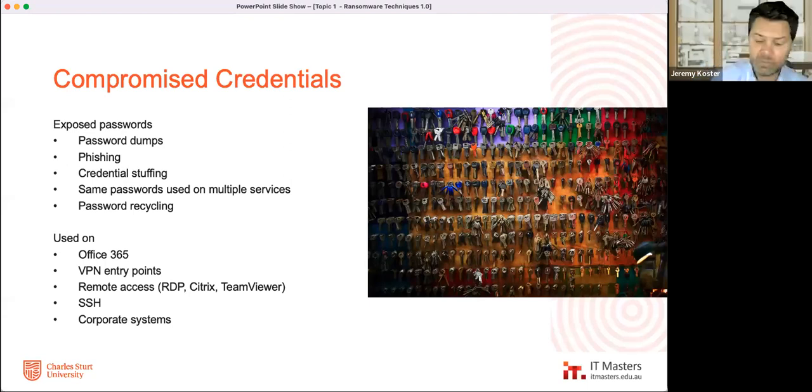Then we have corporate systems that are just applications. So you might have an HR system, or a CRM system, or the content management system that has a username and password prompt for a screen to log in and to modify. If you're able to get into that, then it's quite possible you can get further, as another stepping stone into the corporate environment. So this is where compromised credentials are becoming a key problem. Actually being able to understand where your organization's credentials are being used, and how they might be exposed, is really important.